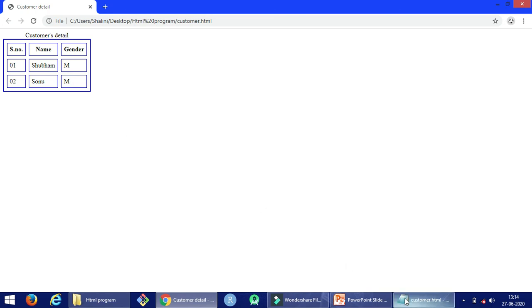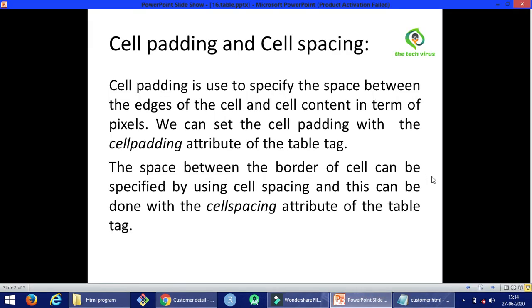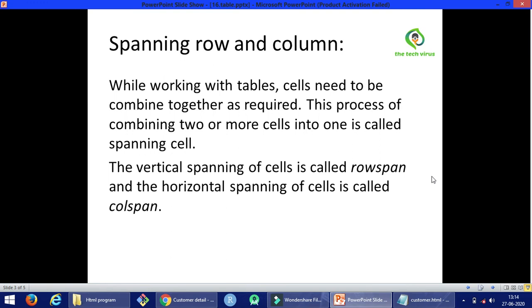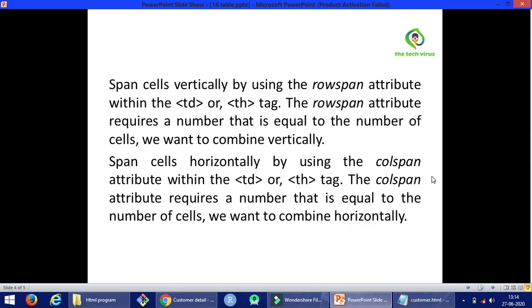Okay. Now spanning rows and columns. While working with tables, cells need to be combined together as required. This process of combining two or more cells into one is called spanning cells. The vertical spanning of cells is called rowspan, and the horizontal spanning of cells is called colspan.